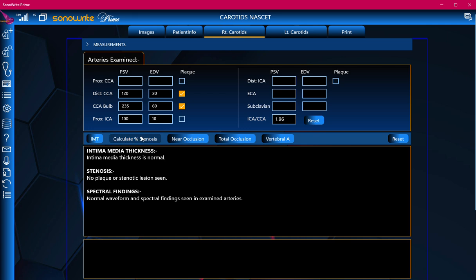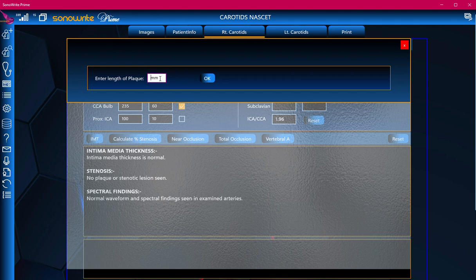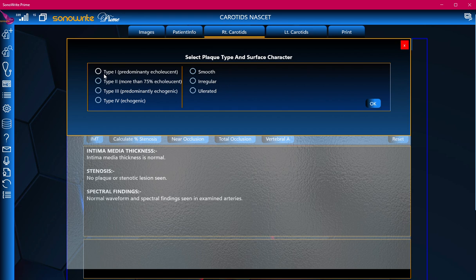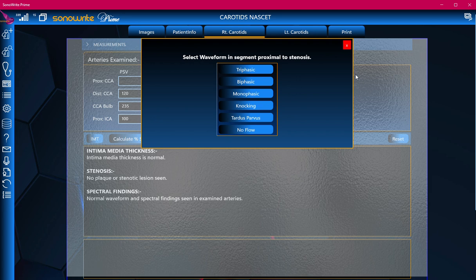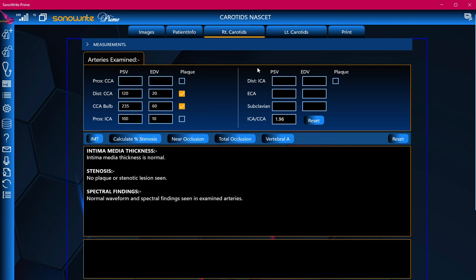Now, clicking on the Calculate percent stenosis button, it asks about the length of the plaque. Let's place a value of 20 millimeters. Next, it asks about the type and surface character of the plaque. Let's select Type 1 as type and Smooth as surface character. Next, it asks about the flow pattern in the segment proximal to the plaque, then it asks about flow pattern distal